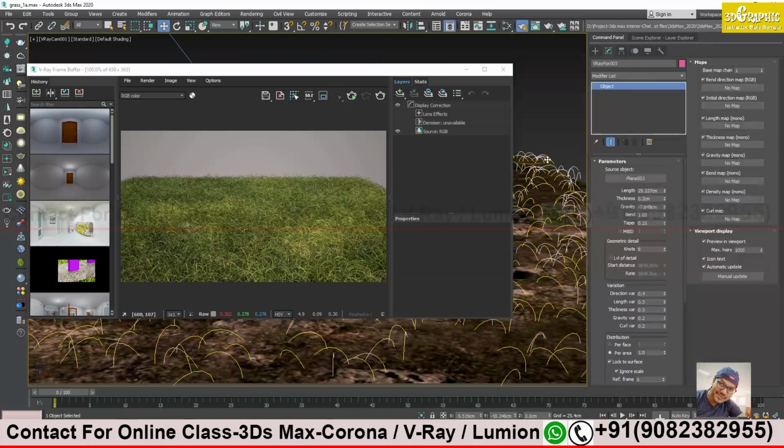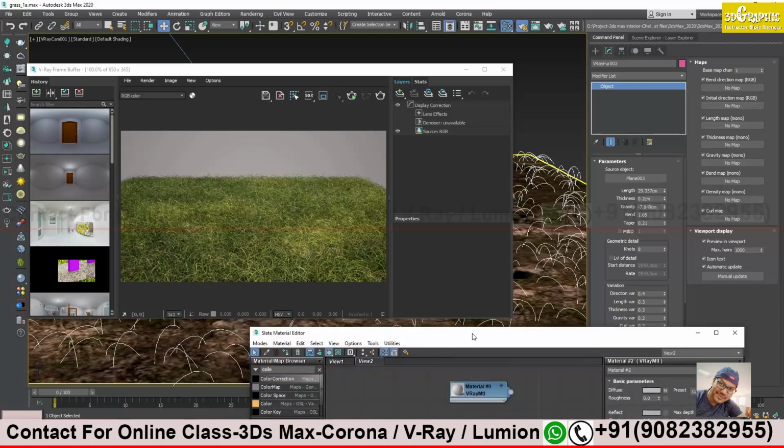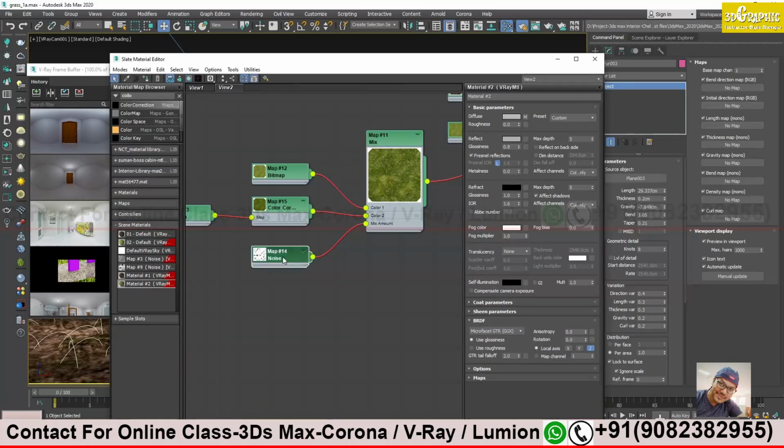Select the Vire grass modifier over here. Remember we said on maps we will apply some masking to give uneven shape to the grass, uneven heights. So here you see we have something called density. Let's try with this, because I have tried this and it gives a very nice looking result. And what we're going to put over here? We're going to put the noise map which we have already created. Let's take this. Make a copy, because if it doesn't work, then we have to change the noise map.